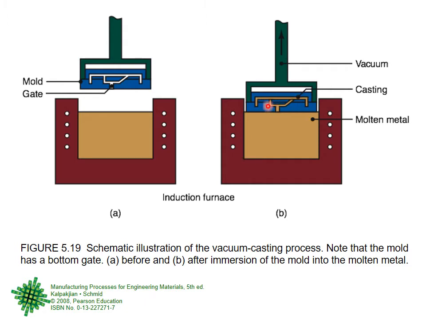So in a way, I can say that yes, it is a casting operation also. Whatever you want to say now, right? They tried to tell us that the vacuum is used in the molding process. But if the molten metal goes inside the mold because of the vacuum pressure, then it is a casting process also. So yes, the vacuum is used so that the molten metal can completely fill inside the mold.